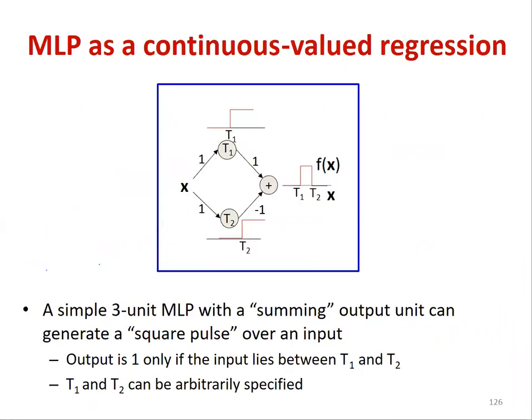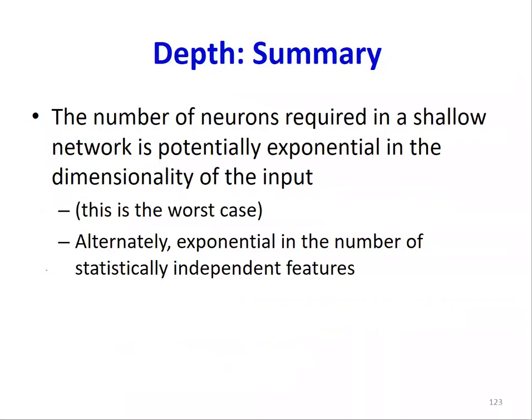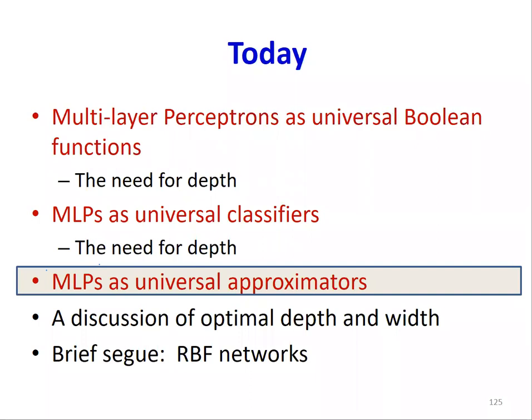Now, one last bit. So we said this is about MLPs as classifiers, right? The output is 0 or 1. What about continuous valued functions? Actually, an XOR is not really the worst case. Worst case, it turns out that for the majority of Boolean functions, the circuit size is going to be exponential no matter what you do. But that's something we're not dealing with. We're willing to work with approximations. We have a link to Shannon's paper on this subject on the course page, and it's also there on the slides.